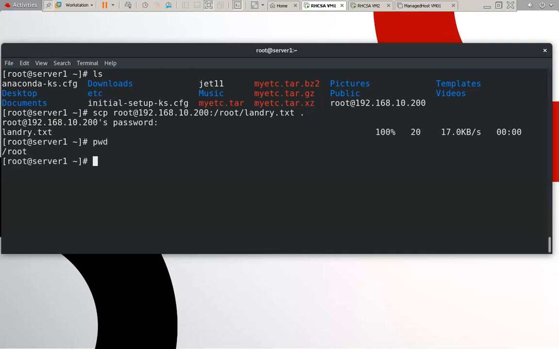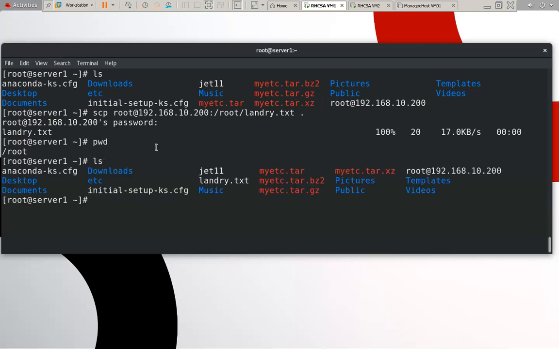So this is my present working directory. Here we can check, this file will be copied to this location. Suppose we want to copy the file to another location, just in Documents. So what will I do? We can give the location. This is my source location and this is my destination location.